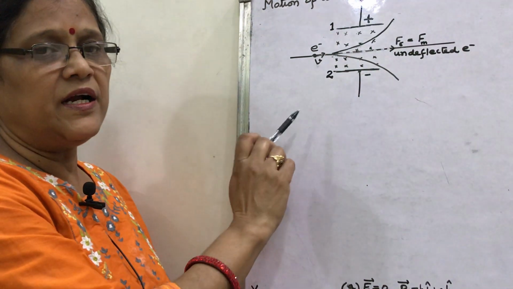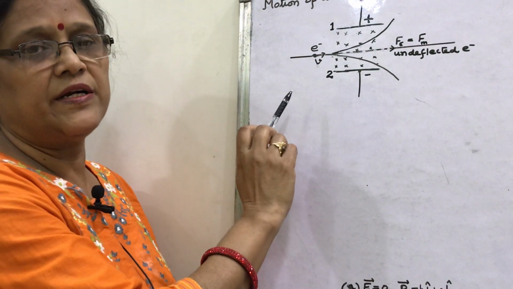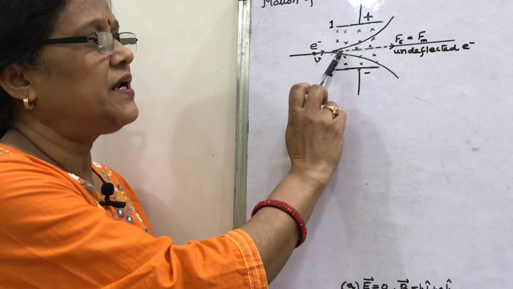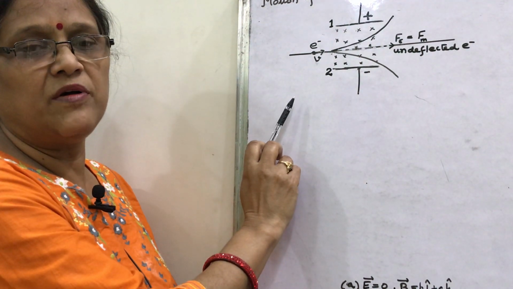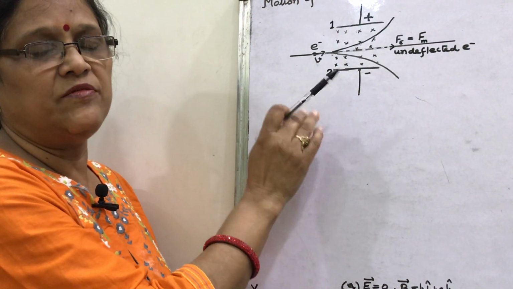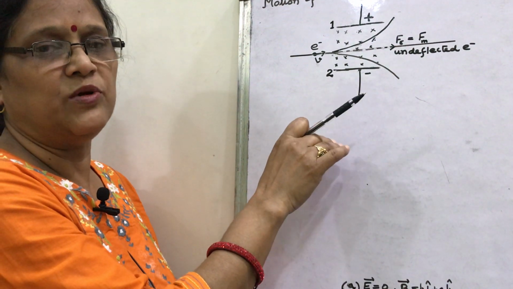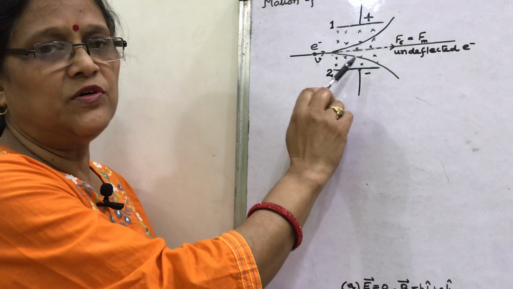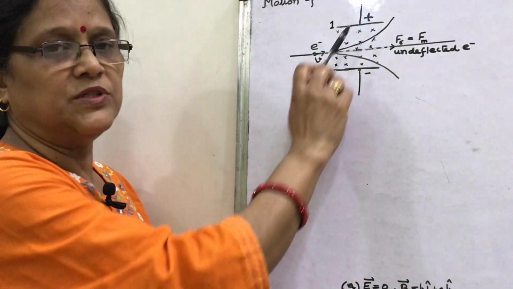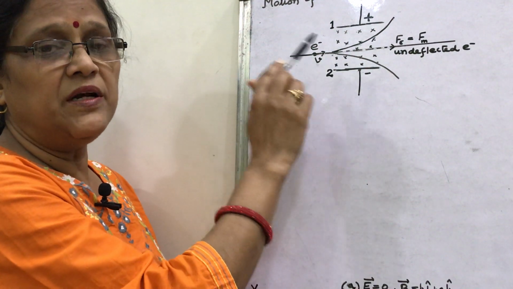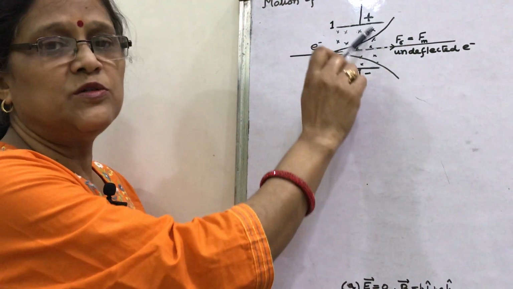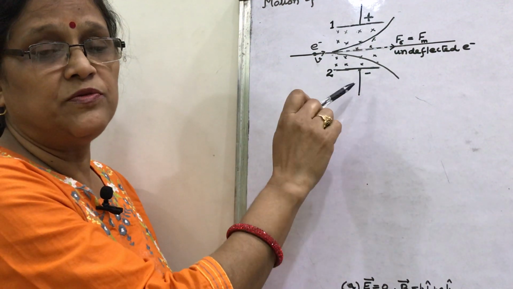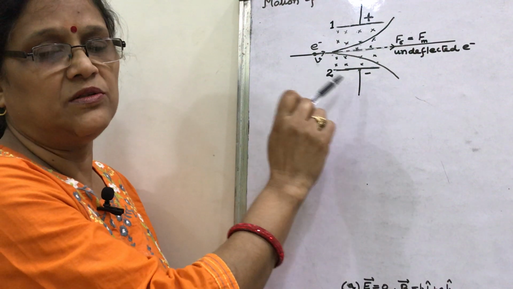What we can see is that in the presence of electric field, the charged particle, this is negatively charged, so it will be attracted towards the plate number 1, that is positive, and we have seen if the electric field is alone, then its path is parabolic. But if the charged particle experiences a force due to electric field towards the positive plate, then simultaneously, since the magnetic field is also present in that region, then due to magnetic field, a Lorentz force, that is magnetic force, also acts on the charged particle.